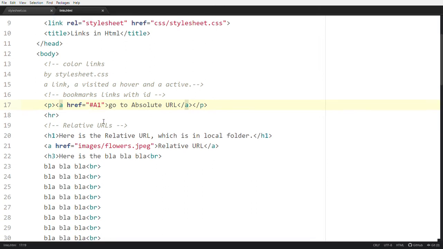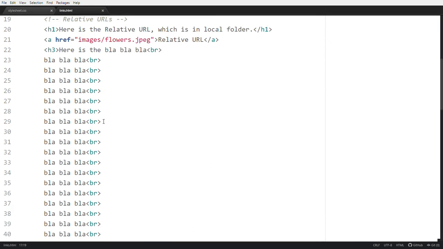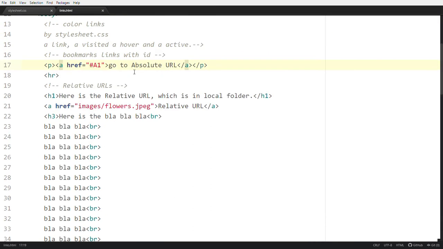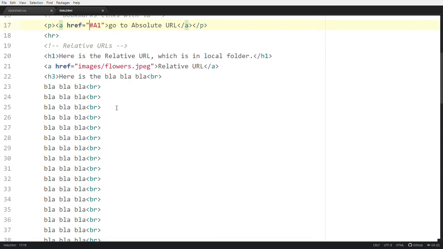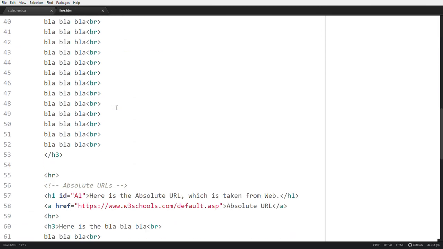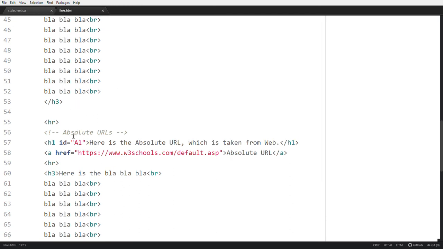See, this much content is there, but we want to go to the absolute URL. So this is the content, and we need to go to this place. I am using id equal to A1.